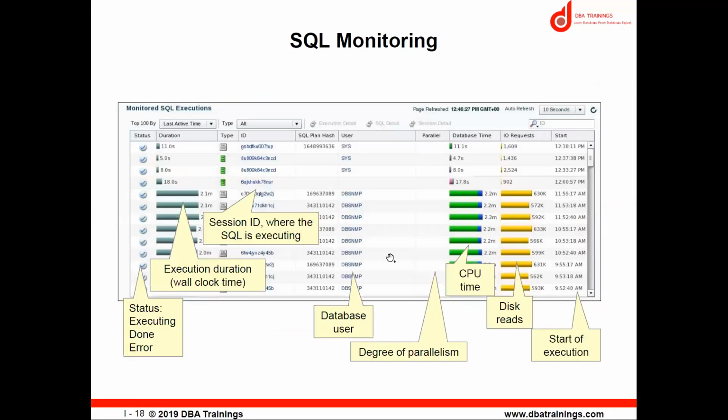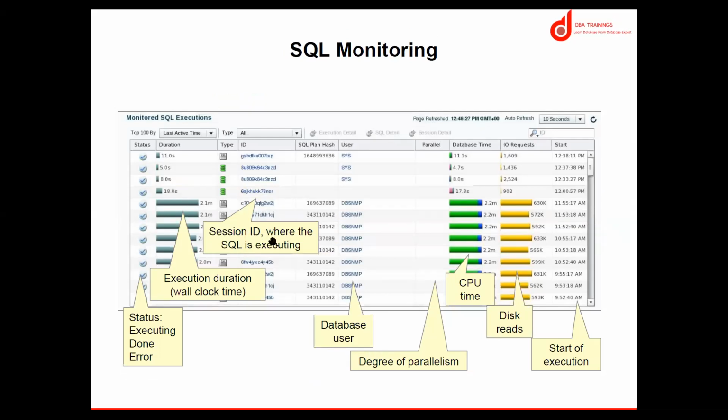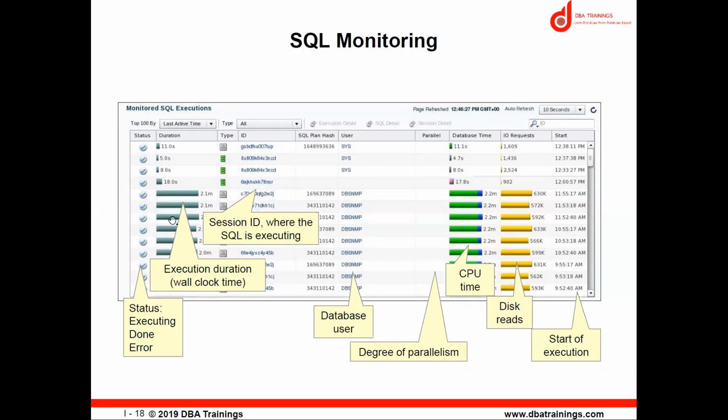Similarly, you are able to do it with SQL monitoring. Here from SQL monitoring, you can check the cursor over the value of each and every SQL execution. You can click there and see what happened: execution duration, how much time they have taken, which users have executed, how much CPU time was taken, and the degree of parallelism, meaning whether the parallel operation was used or not, how much disk read is happening, and the execution time.